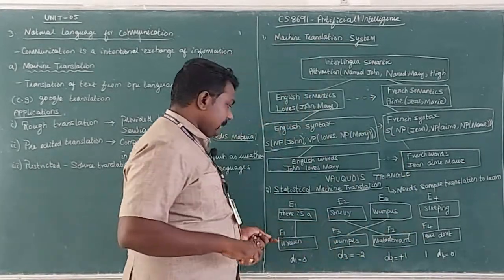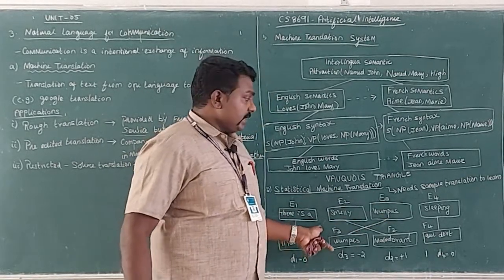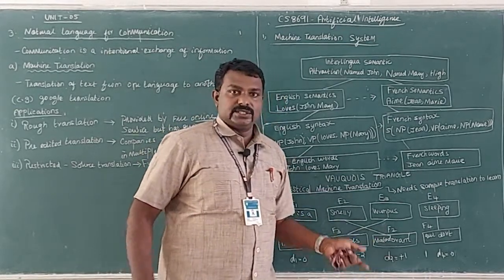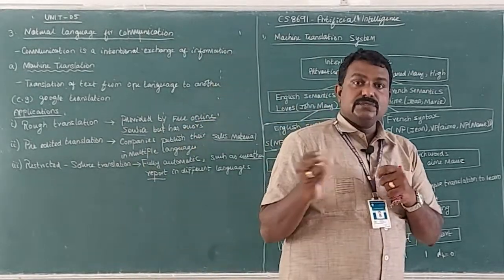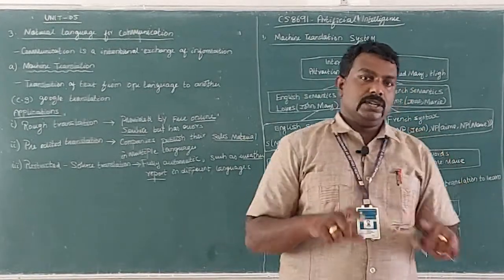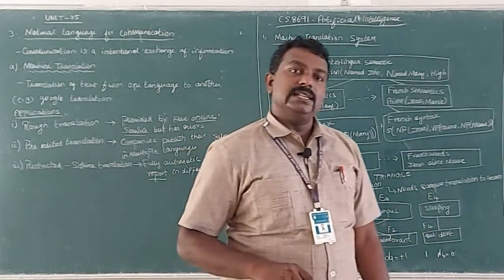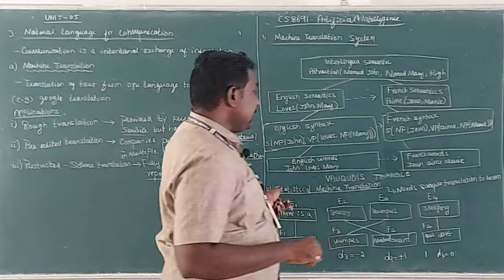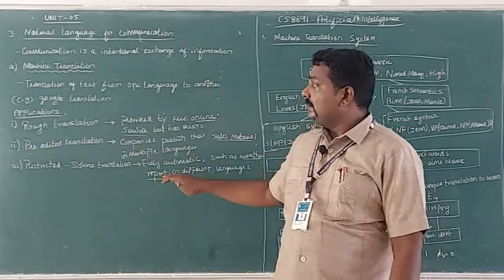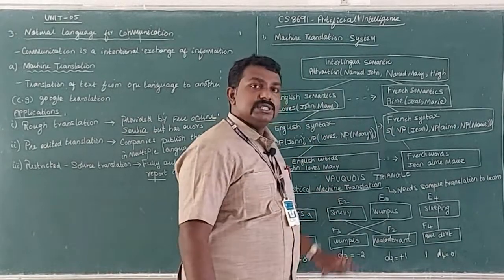So here also the same thing happens. The wumbus, which is at the third position in English, moves to the second position in French, whereas smelly, which is at the second position in English, moves to the third position in French. So these kinds of shifts of words will be there when you convert from one language to another. So when you give sample translations to the machine, with that help it can convert any other sentences which you give. This you call statistical machine translation. So I have taught you how machine translation can be done, what the applications are, and the two different models of machine translation.